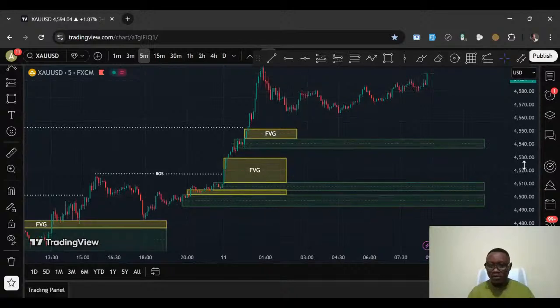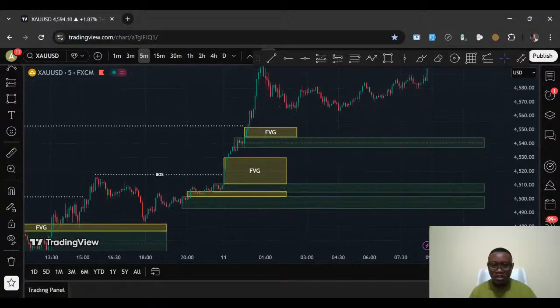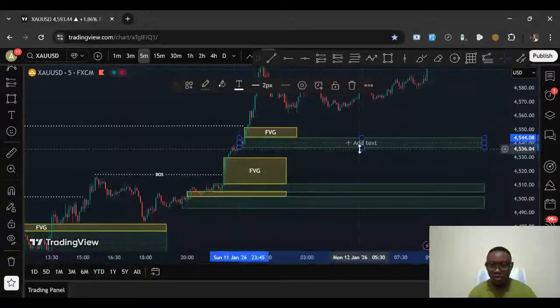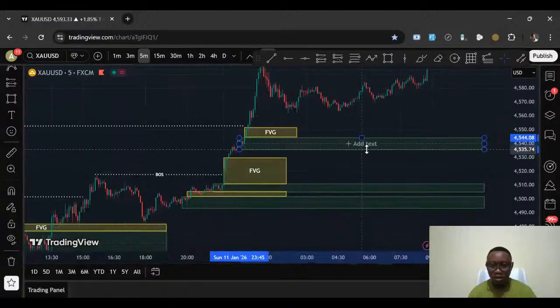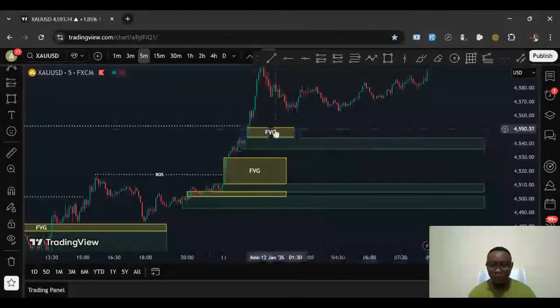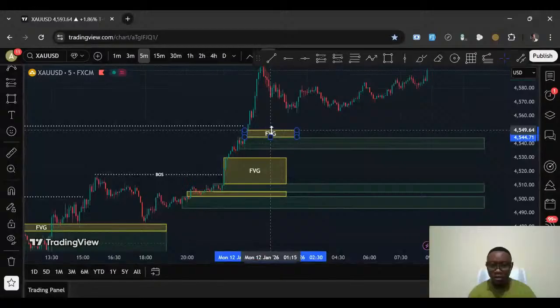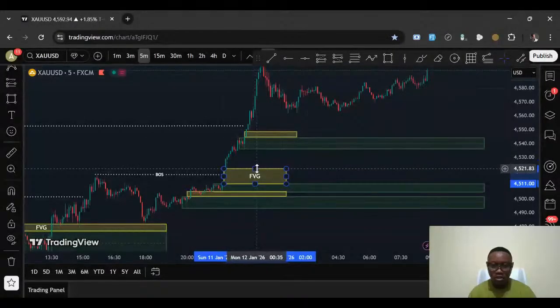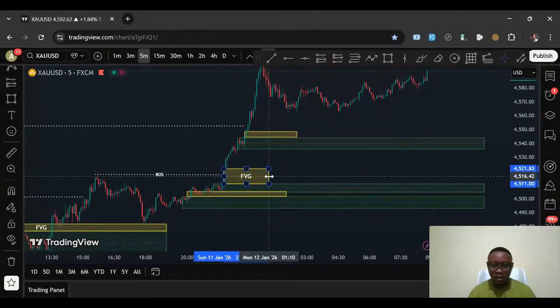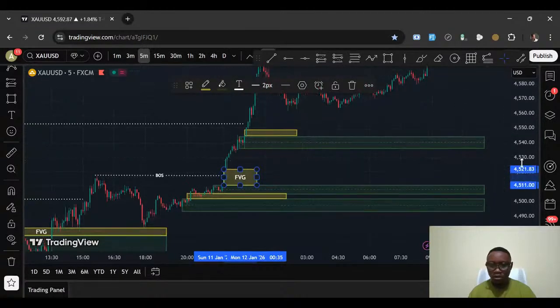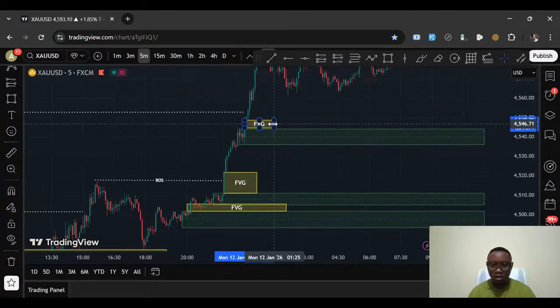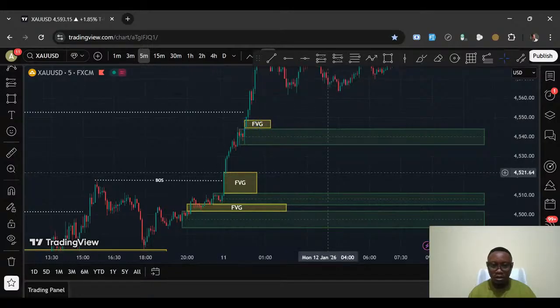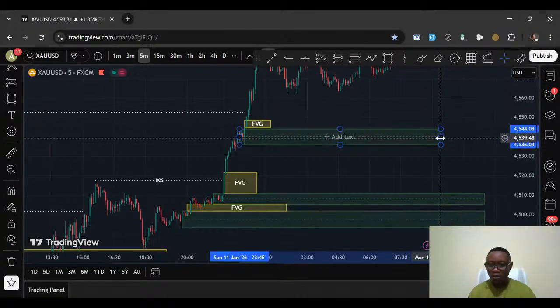All right, so on the 5-minute time frame, you can also mark out the 5 minutes order block. So we have this. I'm just refining the zone we've previously drawn from the higher time frame zones. So refine this further to this FVG. Okay, and this, let's refine it further to this. Let me move my FVG a little so it doesn't take too much space. Okay, so the zone can sit here.